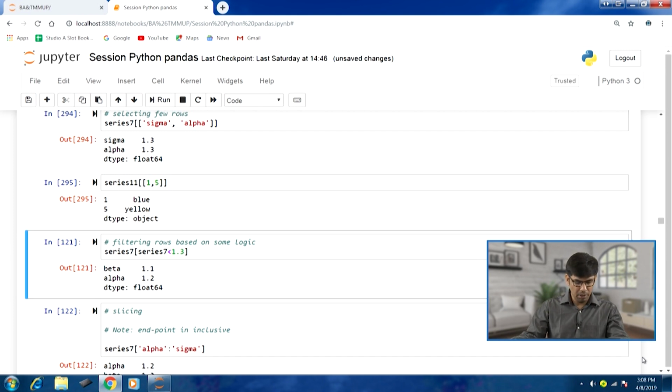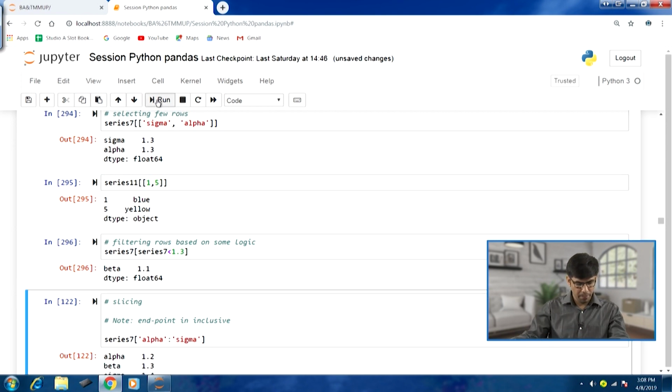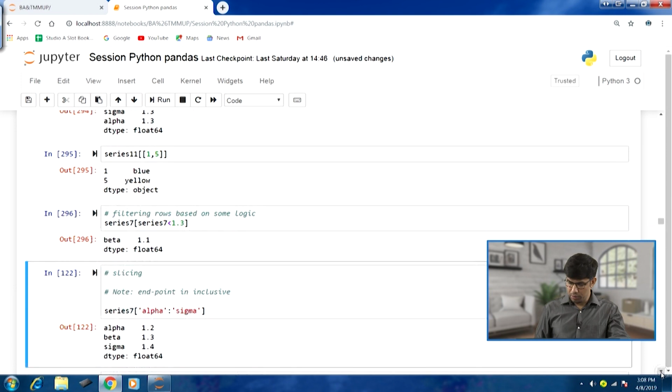So, if we are looking for rows where the series value is less than 1.3, we can put that expression within double brackets, and only those rows are going to be displayed. If I run this code here, you can see that just one value, beta, which was less than 1.3, has been displayed. Let us move forward.